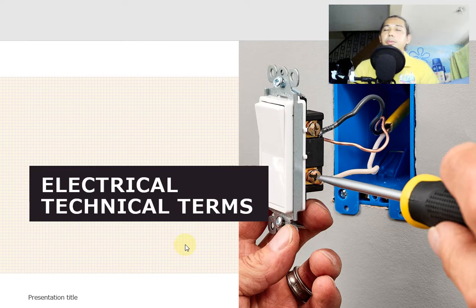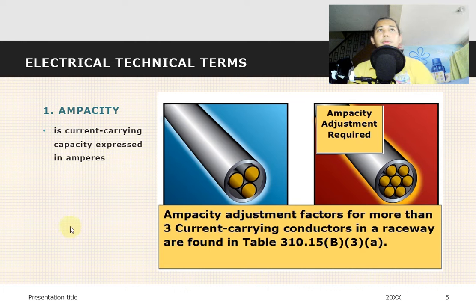Electrical terms. So the first part of our lesson is to identify some electrical terms that we are not familiar with. Let's begin with technical terms. Number one is ampacity. Ampacity is the current carrying capacity expressed in amperes. So it is a reading for amperes. Ampacity adjustment factor applies for more than three current carrying conductors in what we call the